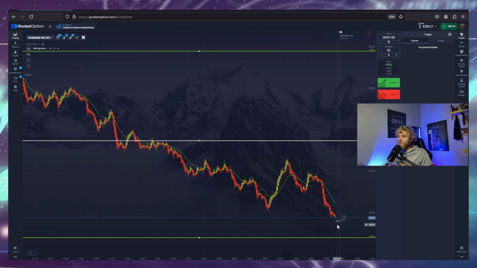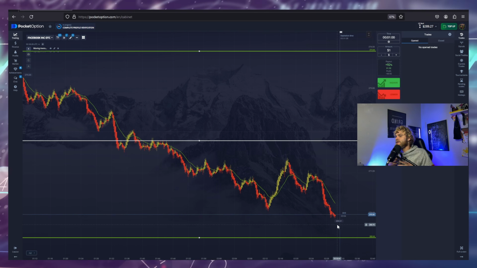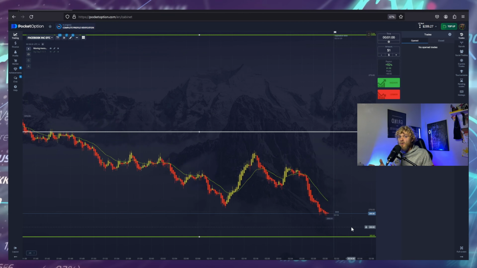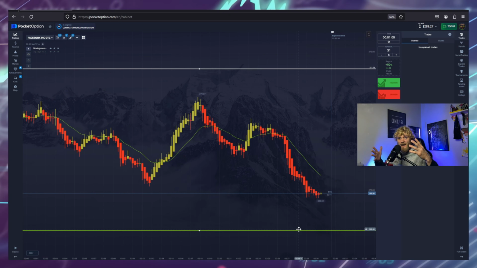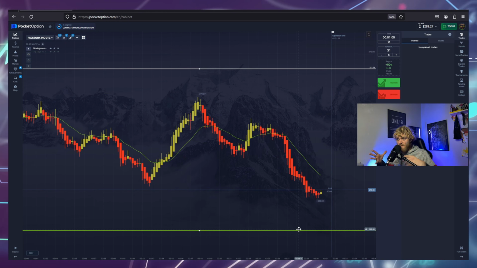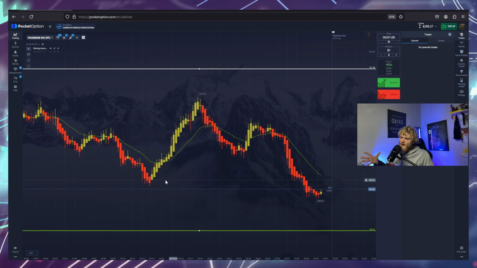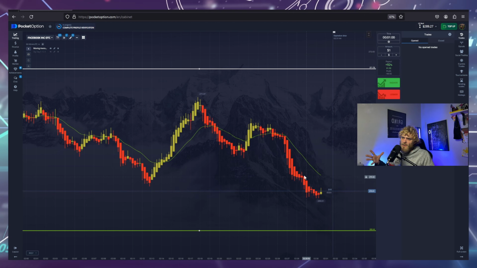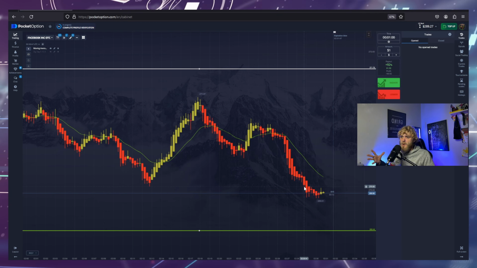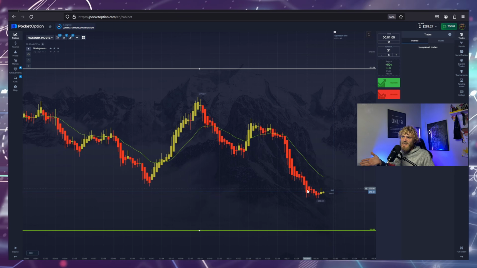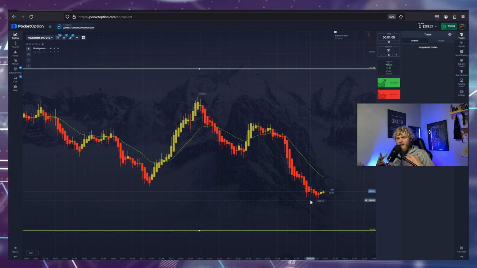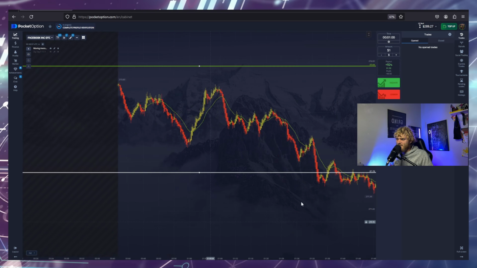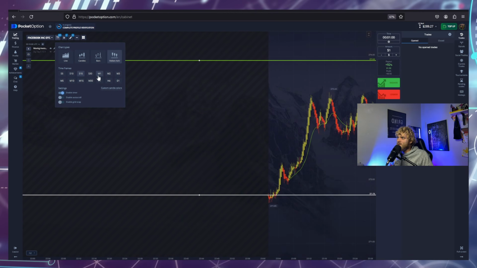Now, a lot of you might be saying, well, why did you enter? You didn't take a level line break, or you didn't take an EMA entry. No, I utilized the 5-minute higher time frame move. I already understood that I'm waiting for a confirmation of this structure being broken. We broke this structure, and then price gave us a confirmation. We had momentum pick up, so we entered here, and then price carried us down, and we were able to get the win. It was a close win because it looks like this area over here, if we go back to the 1 minute,